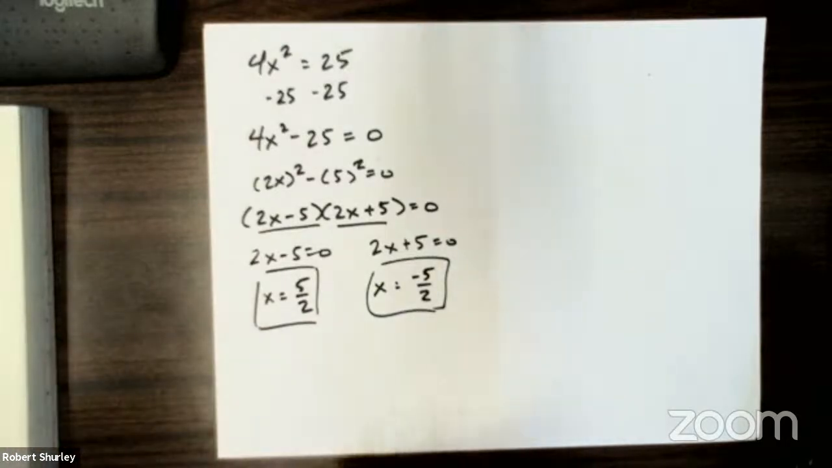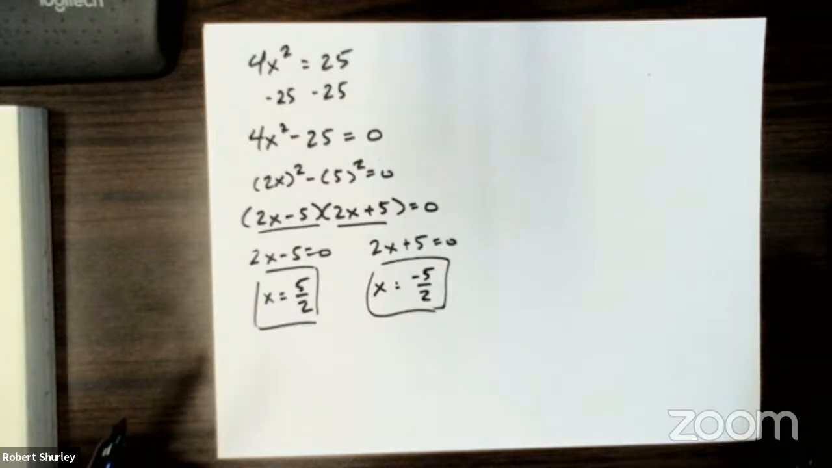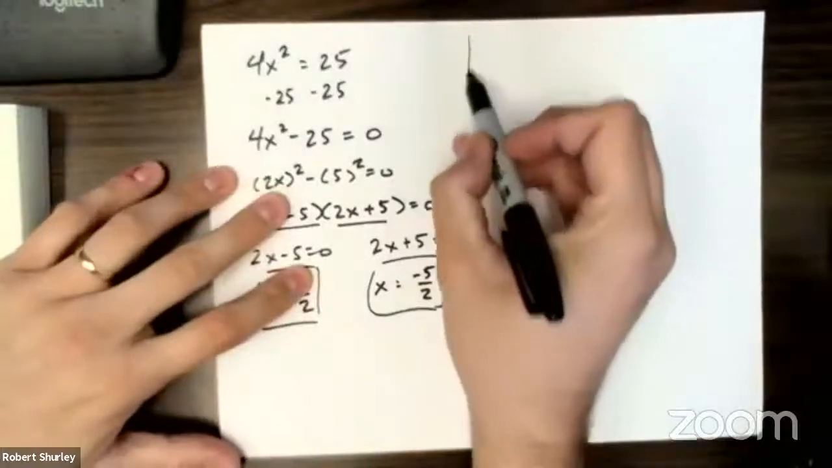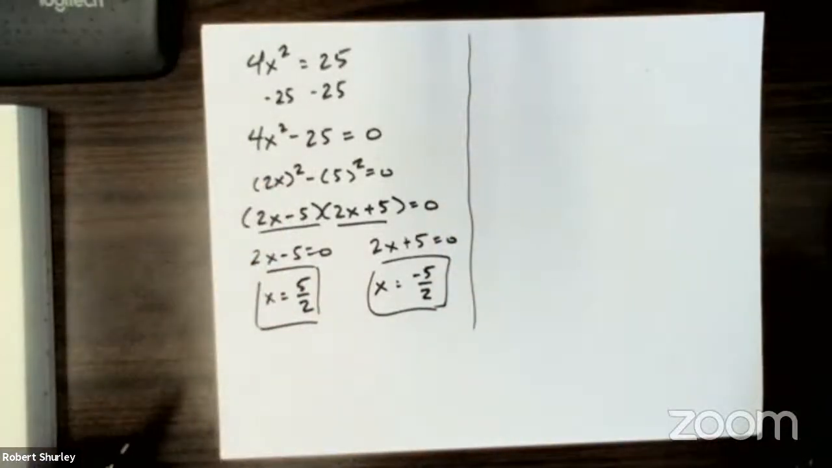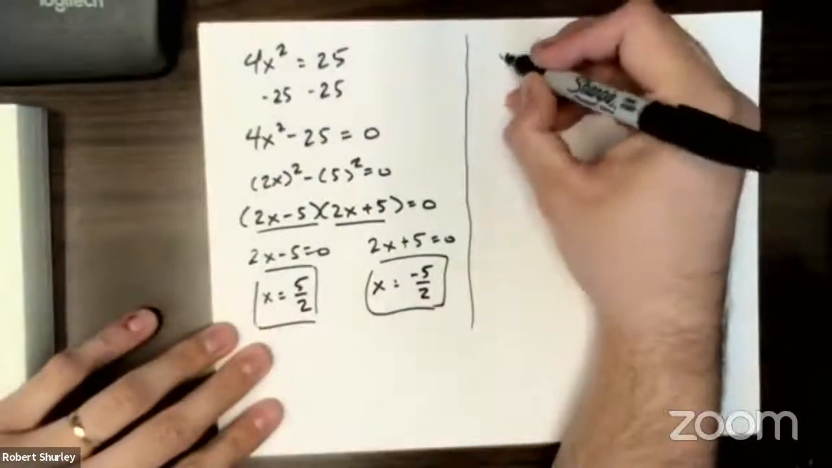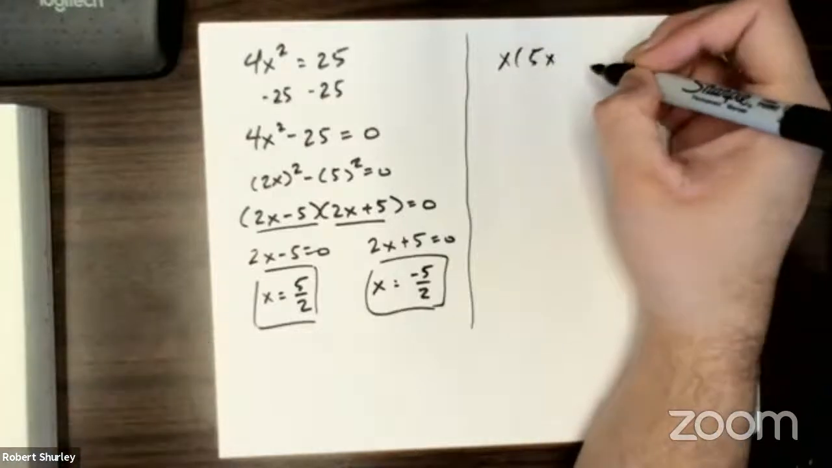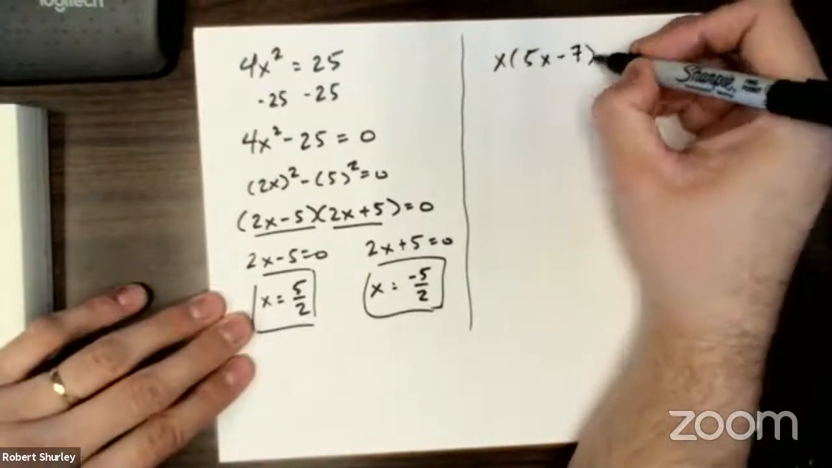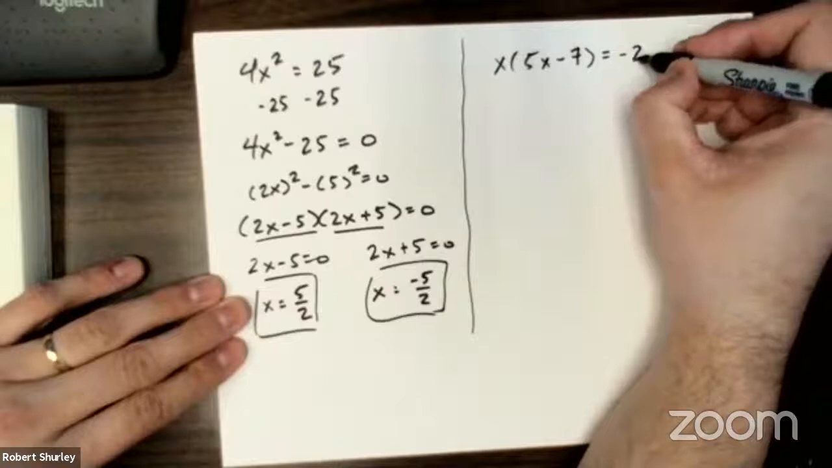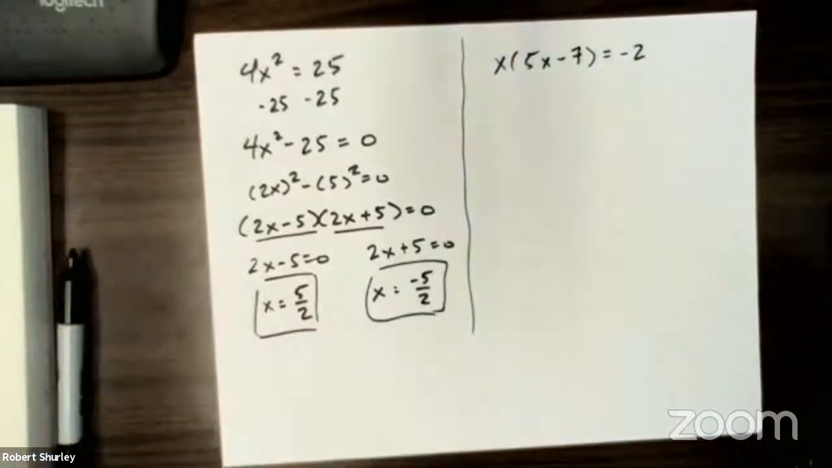Okay. So let's look at another one, and I'm going to show some examples in the book that look kind of different, that maybe don't start off looking the same, but they're really just solving by factoring. Let's say I had x times 5x minus 7 equals negative 2. Okay? X times 5x minus 7